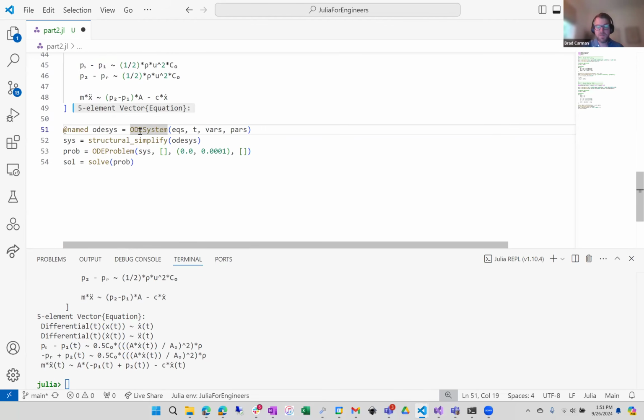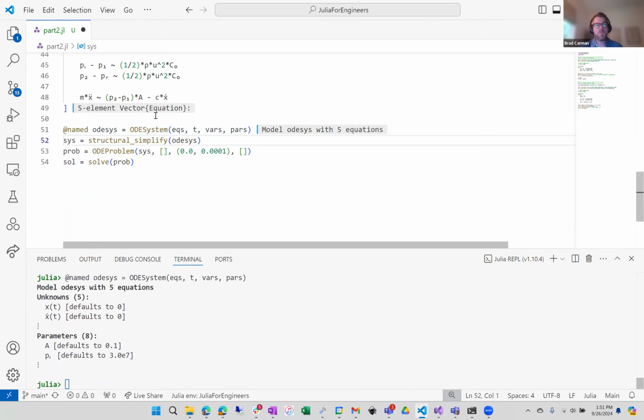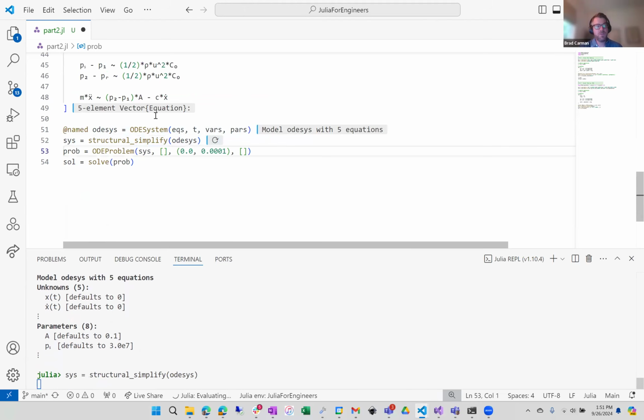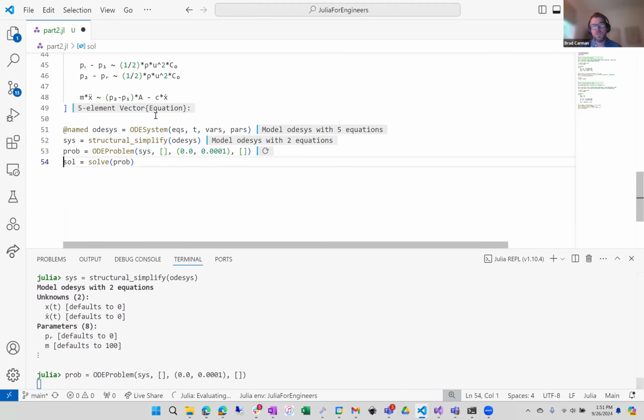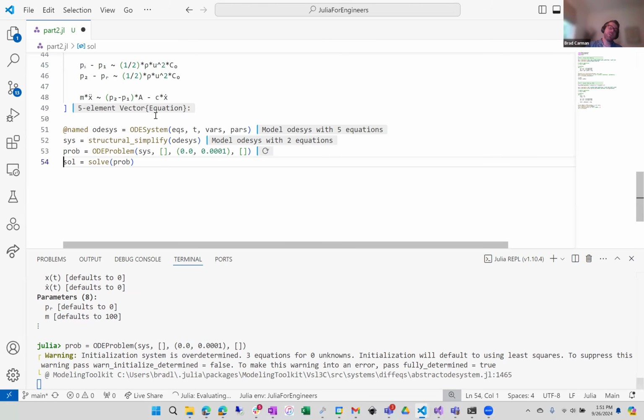Okay, so now let's try to run the same code that we had before. And I can tell you part of why I wanted to do this is that I can show you that we're going to see something go wrong here. Or at least we're going to get a warning, and there it is. So as you can see, this warning says that the